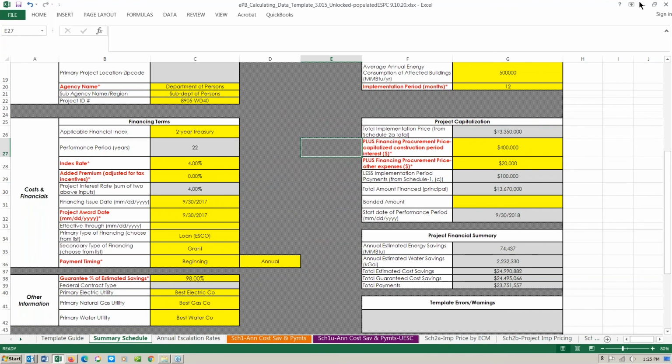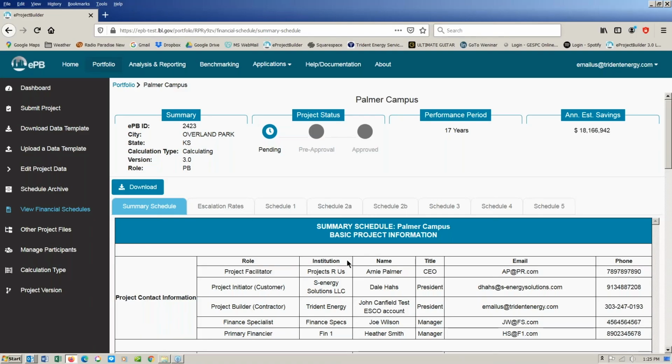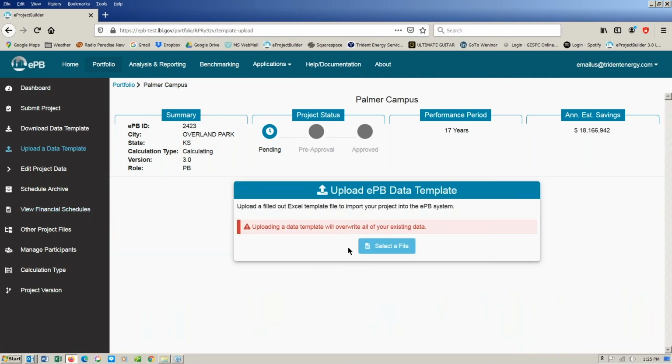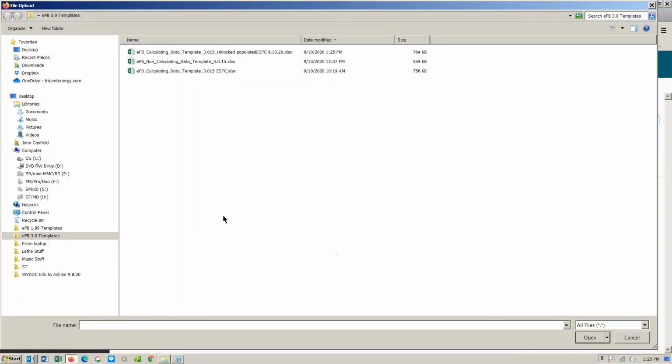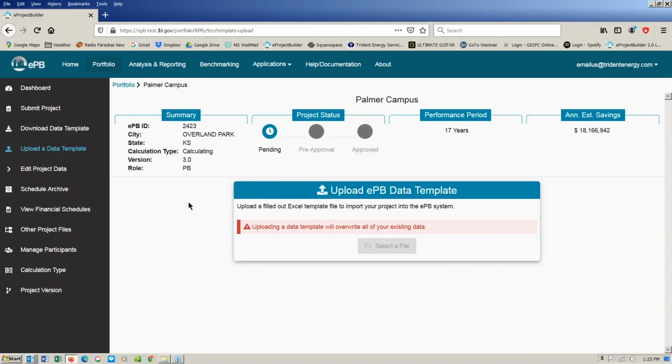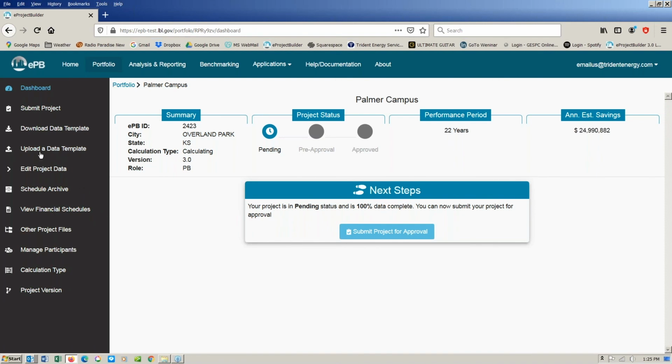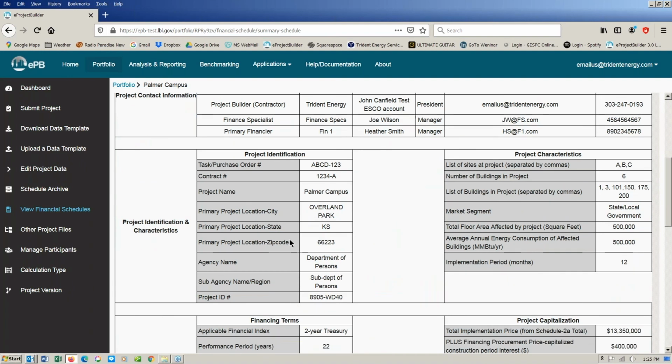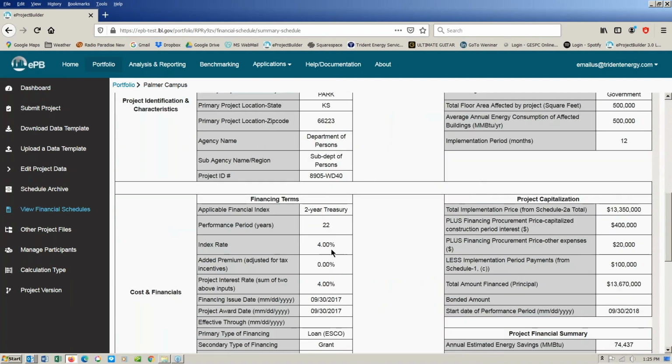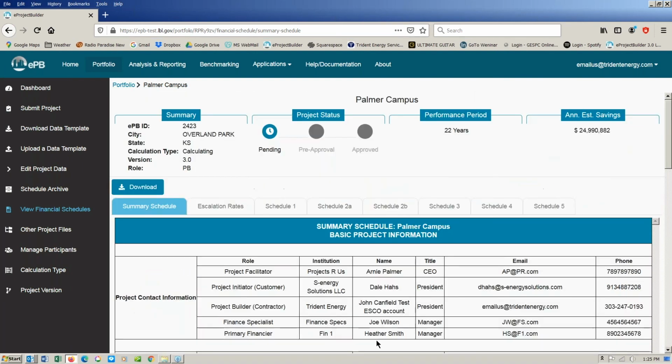All righty, so I'm going to close out. I'm going to go back here and I want to upload that data template again. Click right there. This should be it. It's uploading. And again, before I submit it back to him for his review and approval, I need to view those financial schedules and make sure it happened. There we go. Okay, so we now have the 4% interest rate here,